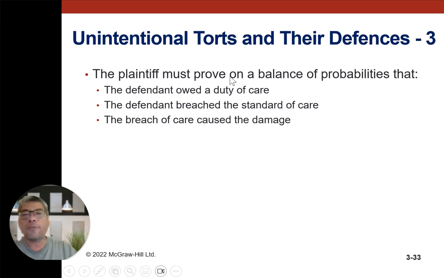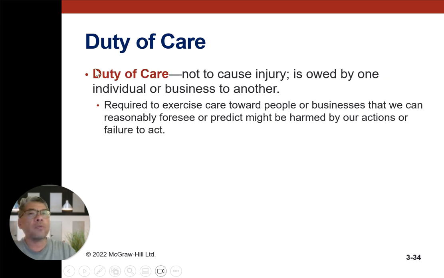The plaintiff must prove, on the balance of probability, that the defendant owed a duty of care, the defendant breached the standard of care, and the breach of care caused the damages. What is the duty of care? The duty of care not to cause injury is owed by one individual or business to another. It's required to exercise care toward people or businesses that we can reasonably foresee or predict might be harmed by our action